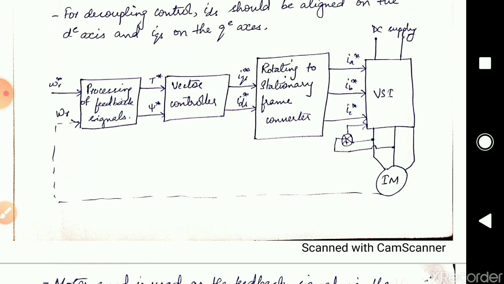So vector control is a very important topic. You need to write down how it is working as a DC separately excited motor. The block diagram is very important. Accordingly, you should also write the matrices with the block diagram, and if it is possible, you can write that there are two control methods, direct and indirect control.